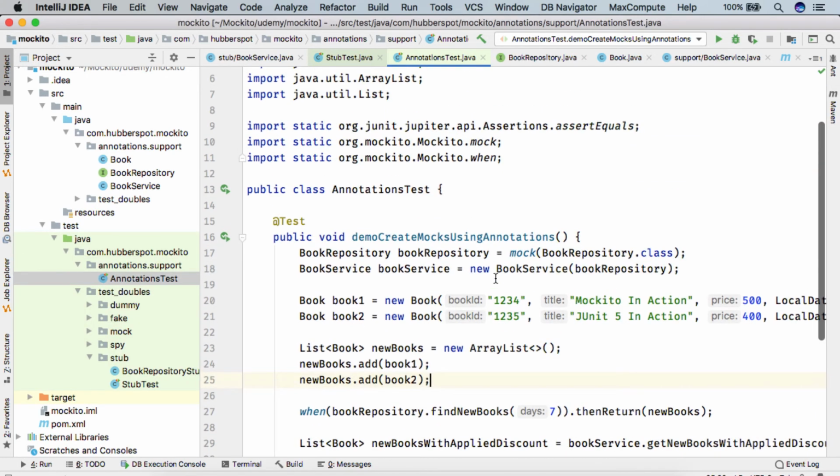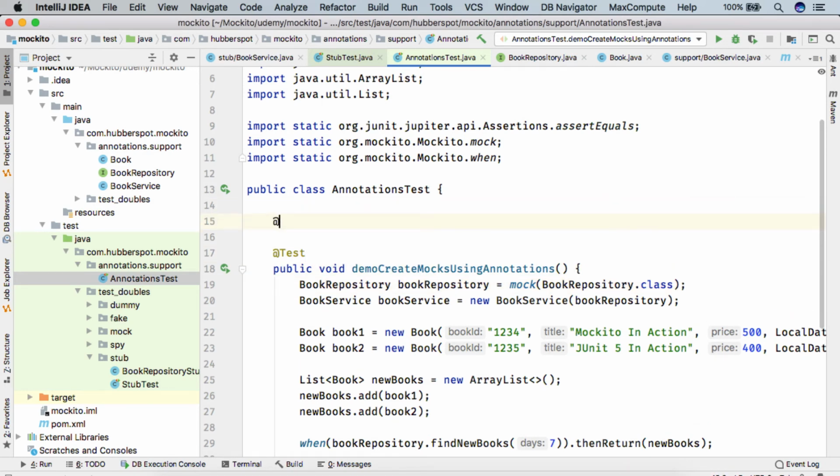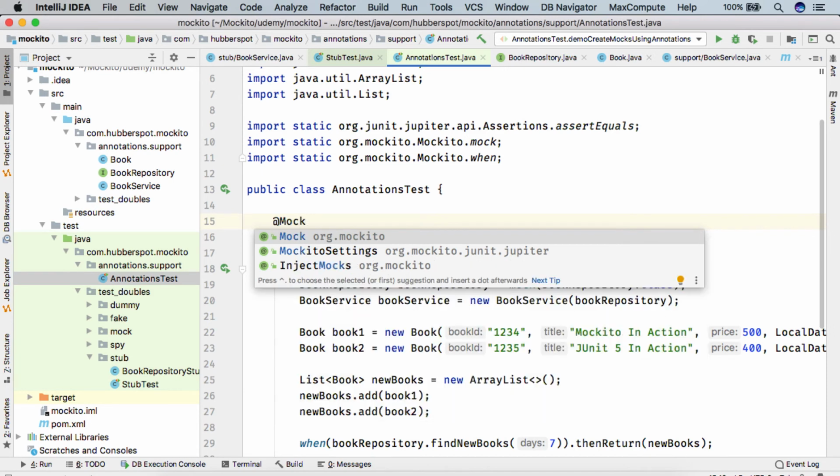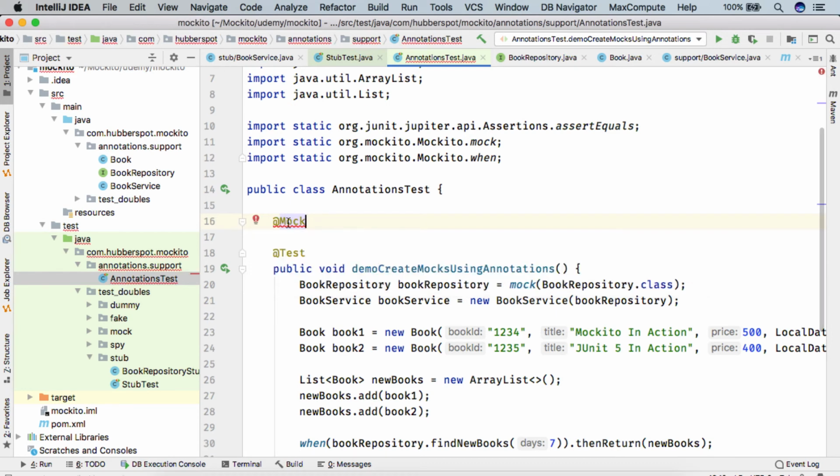So friends, the only difference now is this: we used the static mock method to create the mock of BookRepository. Instead of that, Mockito also provides an annotation to create a mock. The annotation is @Mock, and it is present in the org.mockito package. This annotation is applied over the classes which we want to mock.